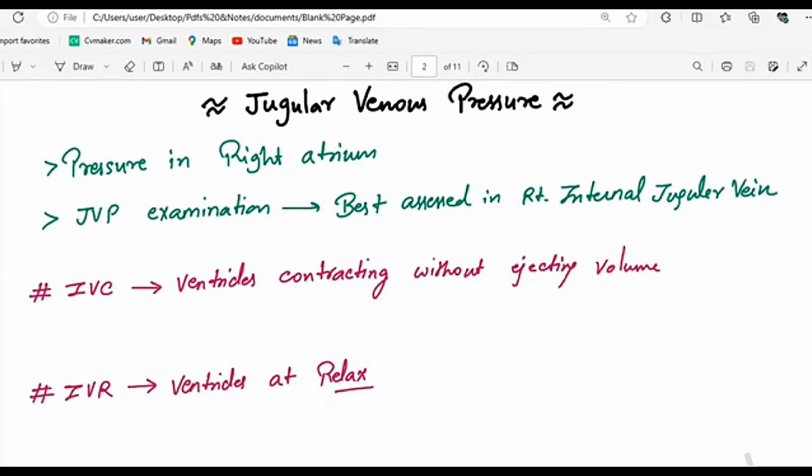So let's start. So in jugular venous pressure, what is that? It is the pressure in the right atrium. It is the pressure that will be seen in the right atrium, and we will measure this pressure with the help